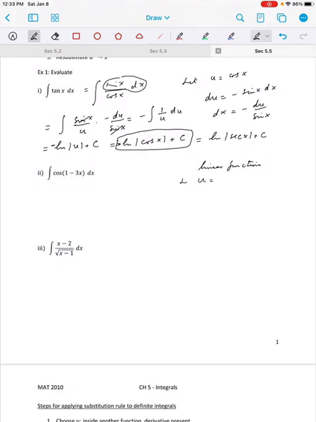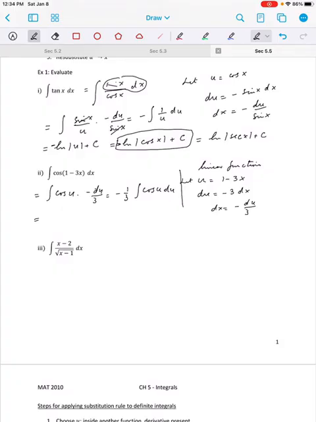So we say let u equal 1 minus 3x. Then du will be equal to minus 3 dx, or dx will be equal to minus du over 3. So now we go back and substitute, so we end up getting the integral of cosine of u times negative du over 3. So the negative 1/3 can come out, and inside we have now cosine of u du,